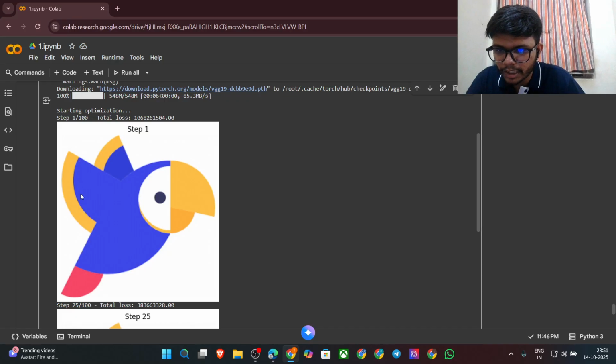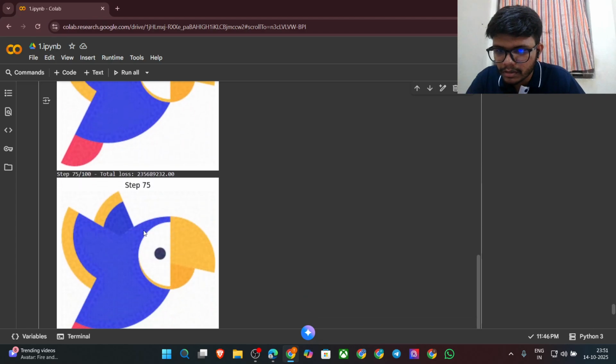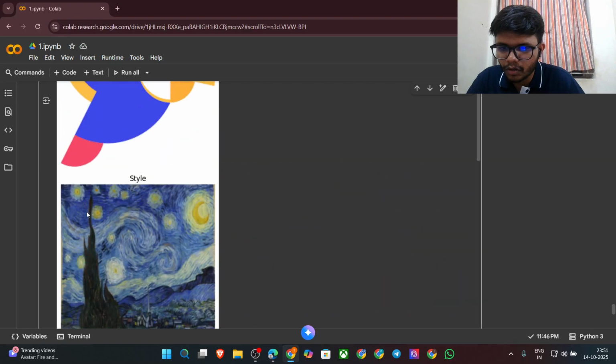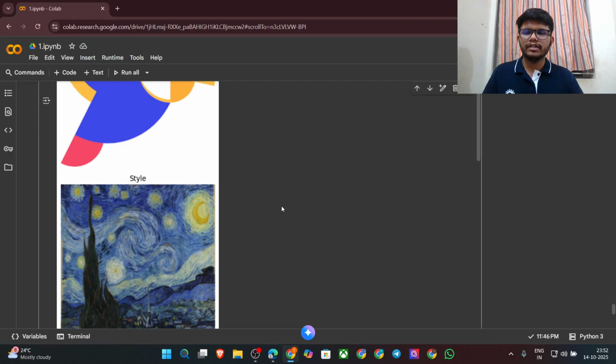But if we observe the edges over here and in this one and in this one, eventually it has tried to make the effect of this over there by matching the histograms or, in another way, in a deep